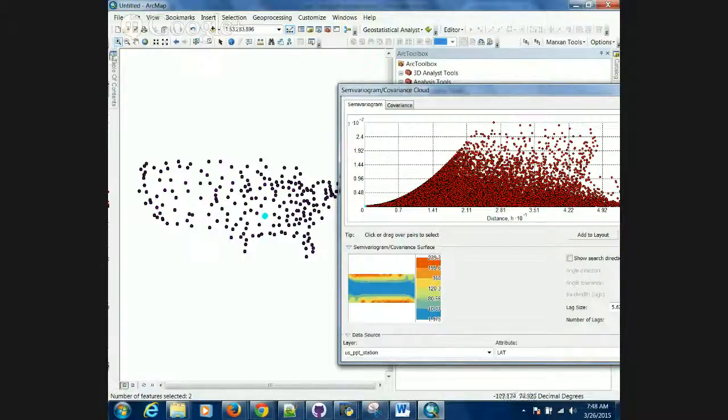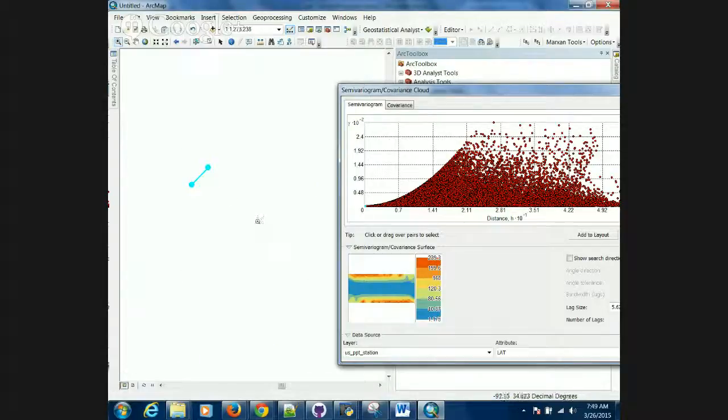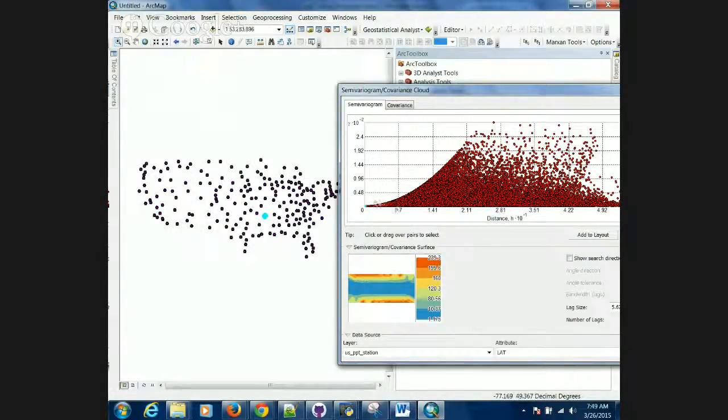Yeah, that's just one. So that's very low variance. Now, as we go up here, we start getting more and more pairs. These pairs have a very